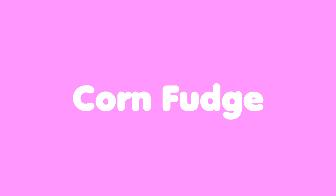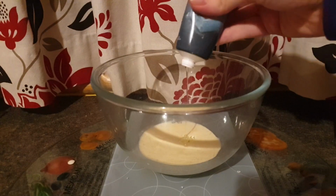When I was making the caramel and I decided to use golden syrup instead of corn syrup, I didn't realize it would contribute color. Fun fact, golden syrup actually has a golden color to it. For the corn fudge, I'm going to use liquid glucose instead because it is colorless and I figure similar enough that it'll probably work. For the corn fudge, put the heavy cream, the glucose and the sugar into a microwave